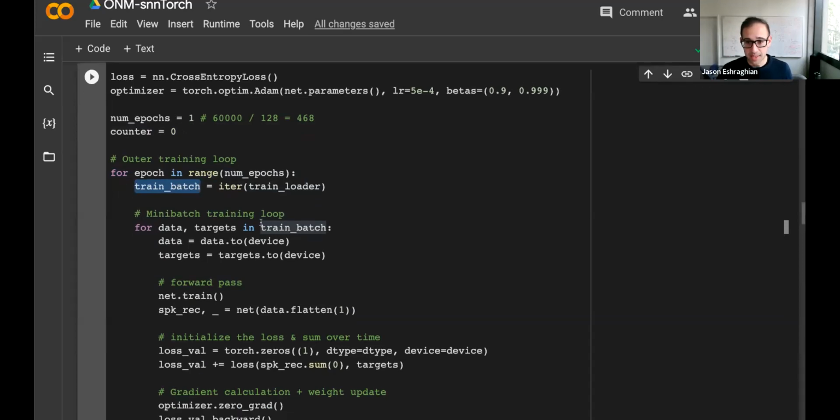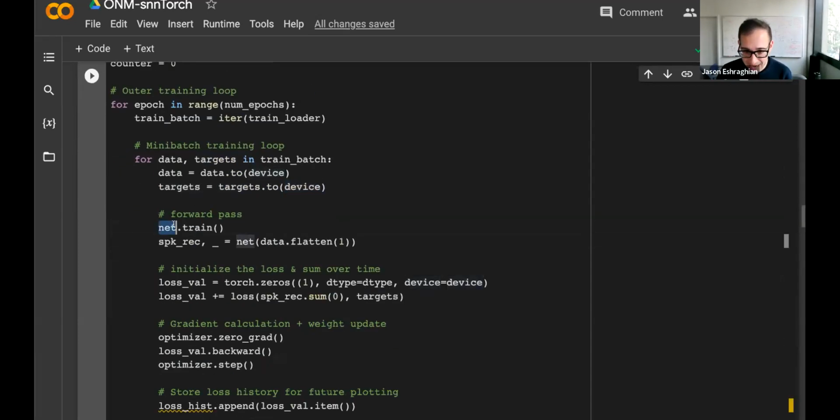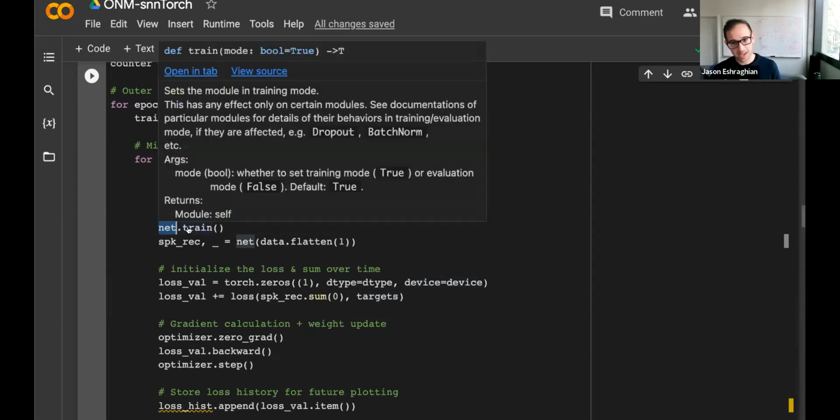samples. And each train batch is going to have data associated with it. So the data is going to be like those bite-sized pieces of 128 samples. Each of those samples is going to have targets associated with it. Those targets are 0 to 9. It will tell me what the target label of that image should be. We load data and targets onto CUDA. We set this net flag to train to say, hell yeah, time to calculate some gradients.